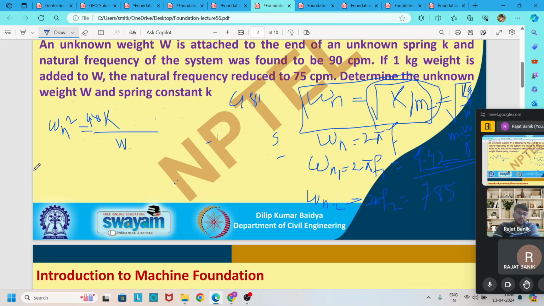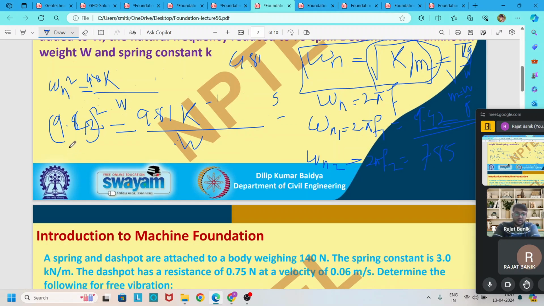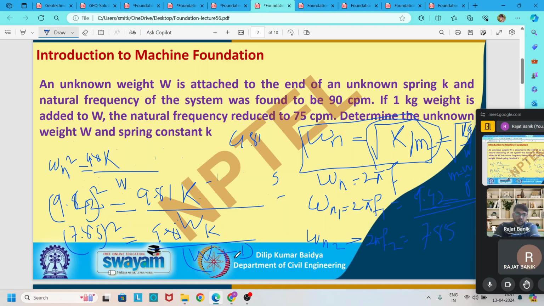Then in our equation, omega n1 is 9.42. So for the first case, omega n square, 9.42 square, is equal to 9.81 k divided by w, with k the same for both cases. And for the second case, omega n square, 7.85 whole square, is equal to 9.81 into k divided by w plus 1 kg mass,